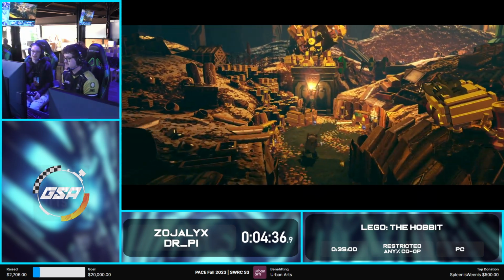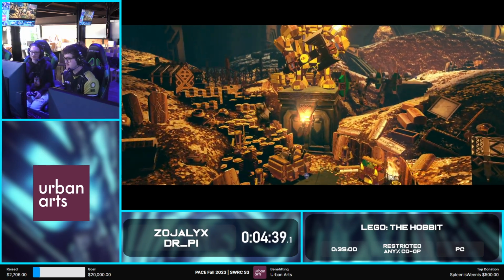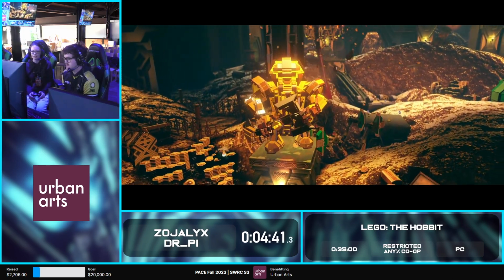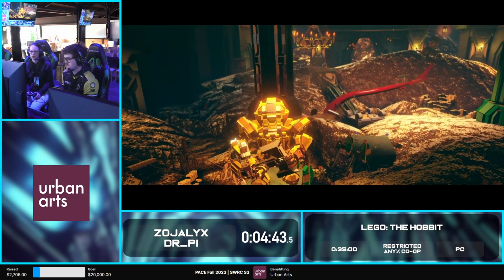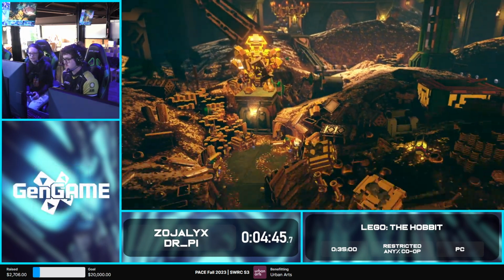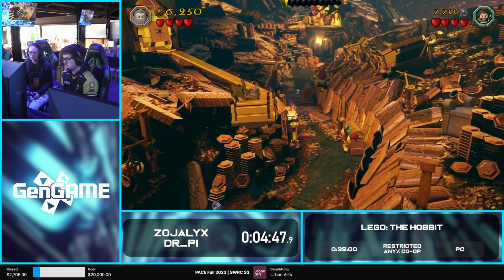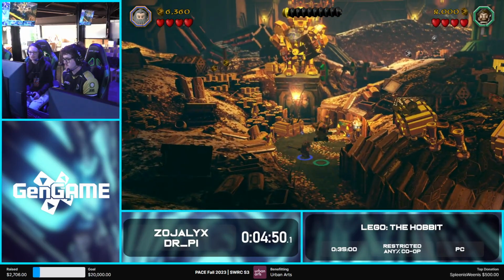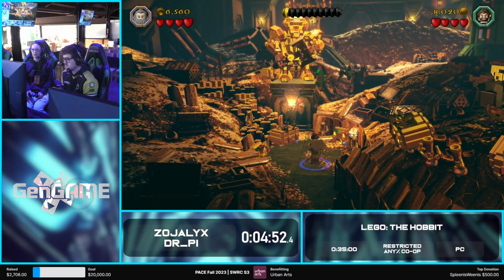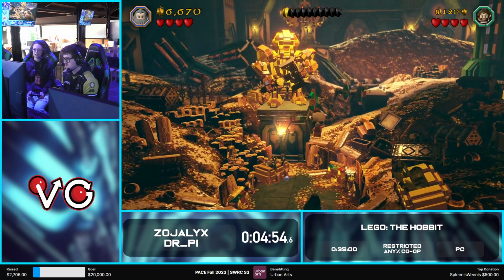Okay, so this next trick is a Zoj trick. So we do buddy jumps and buddy hovers. In LEGO The Hobbit, it's called buddy up. So we join together and do attacks and stuff. But when we get this piggyback buddy up that he just did,